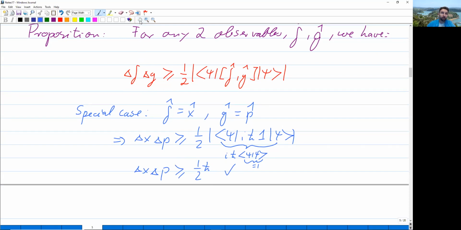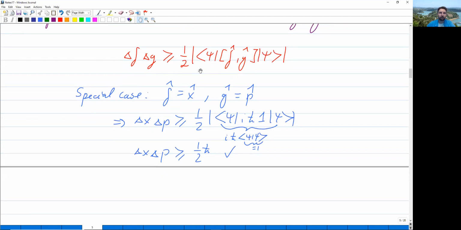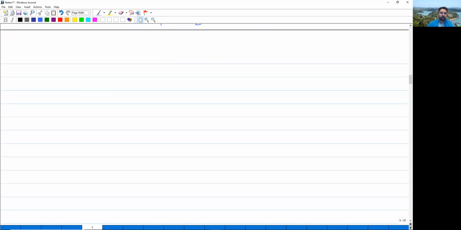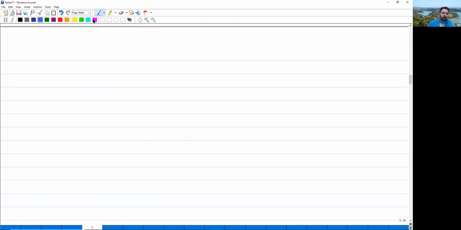Now let's prove this proposition. This is a super important principle. You can use it everywhere in quantum theory, the uncertainty principle in red. So let us prove it so that we are clear about where it comes from. So, proof of the uncertainty relation. We start with the observation that we know